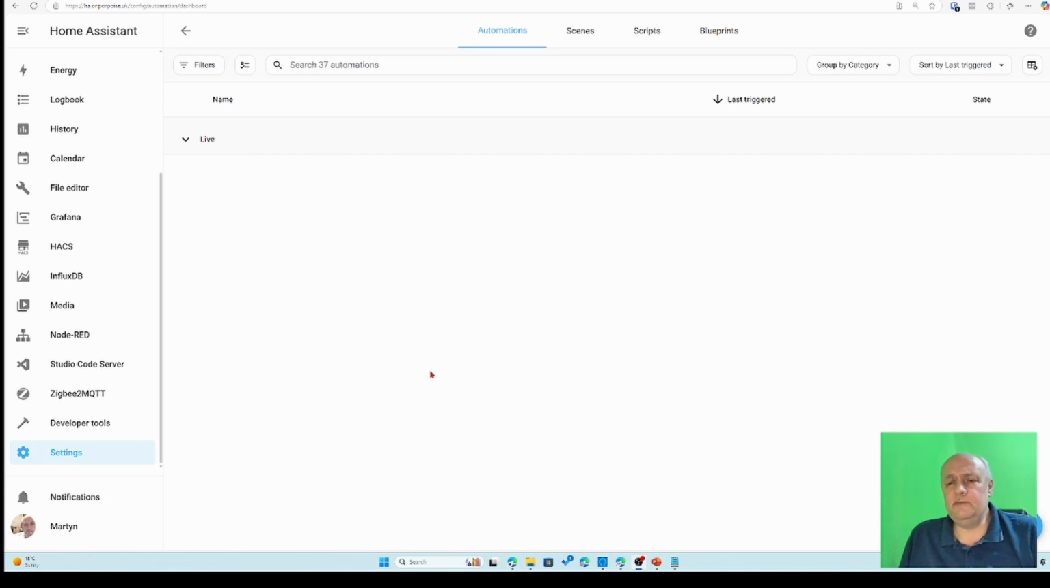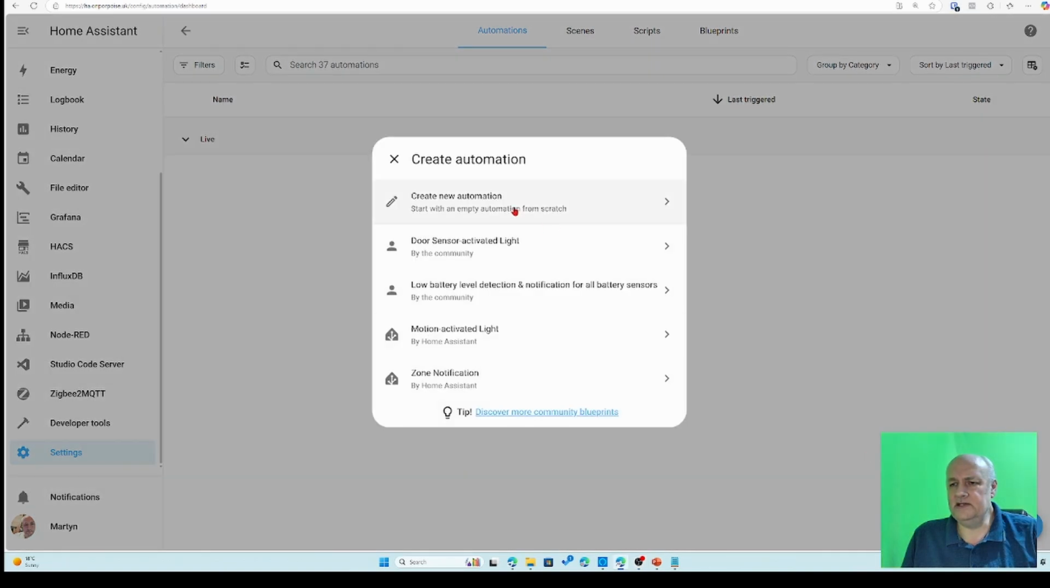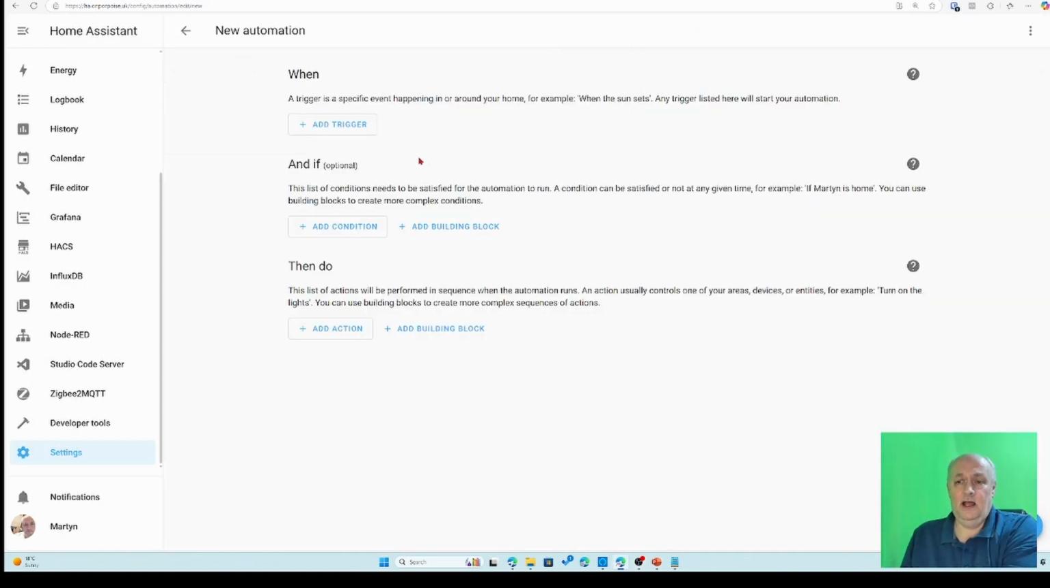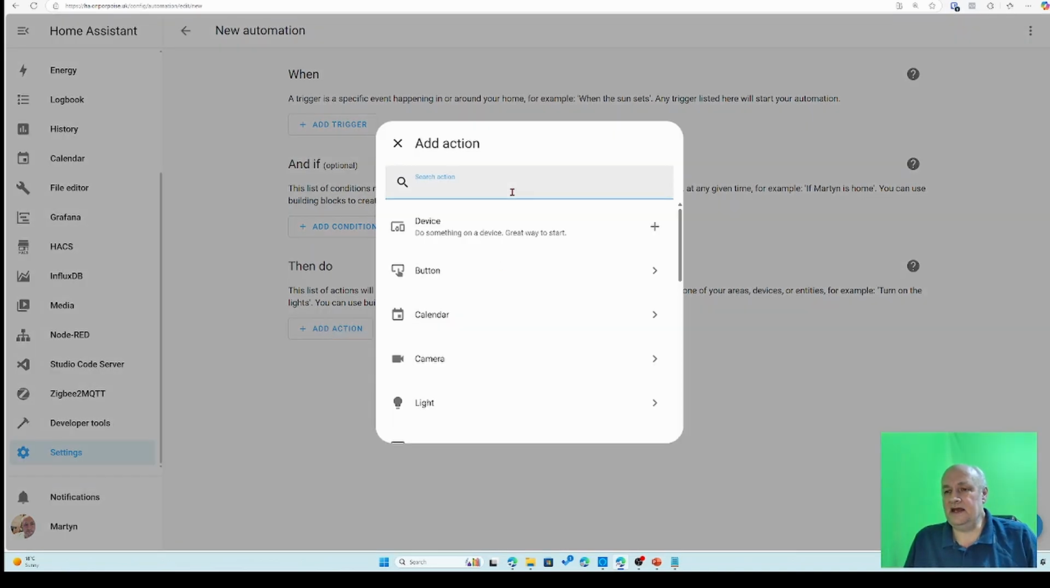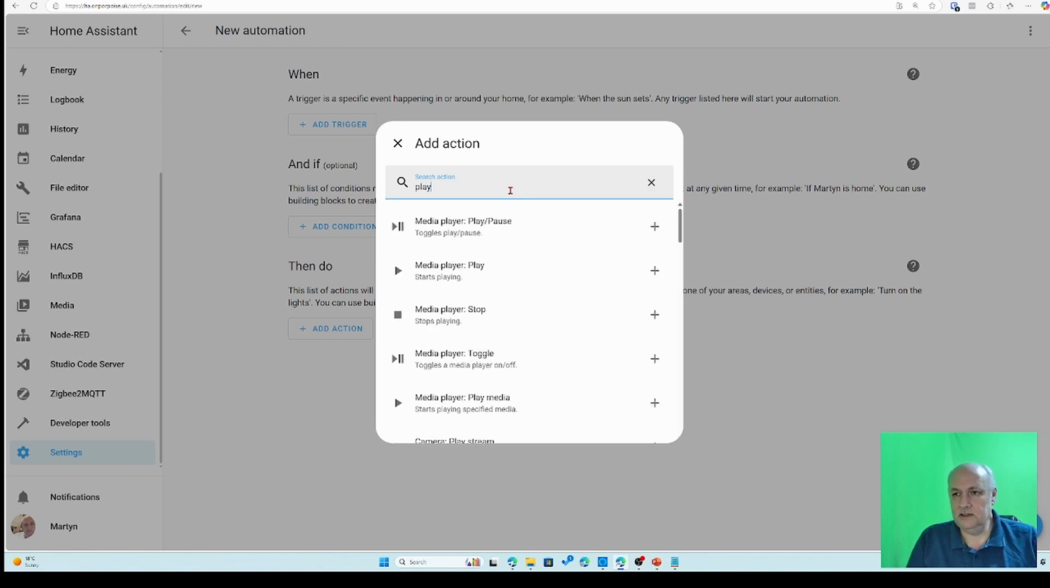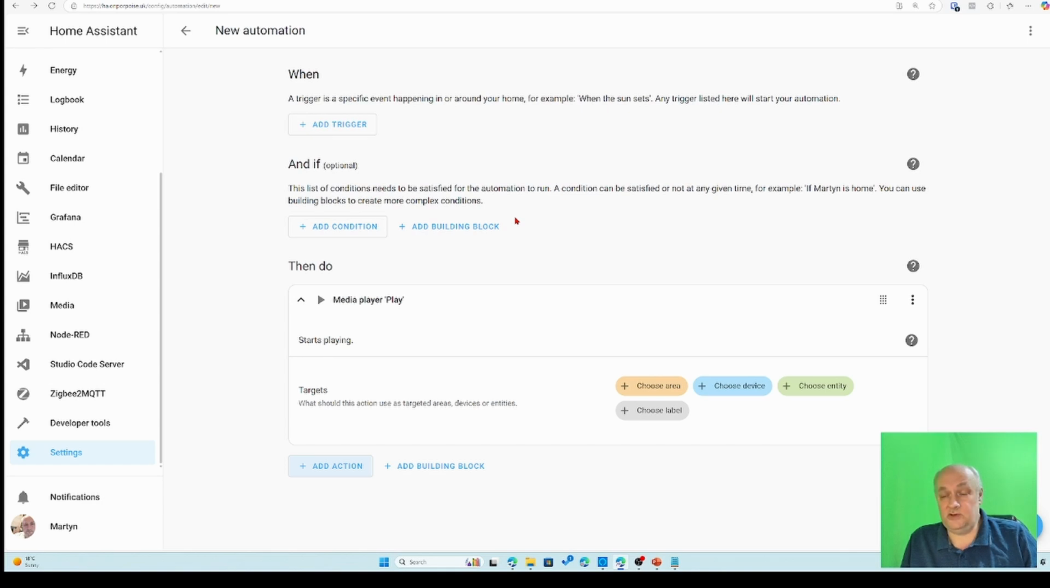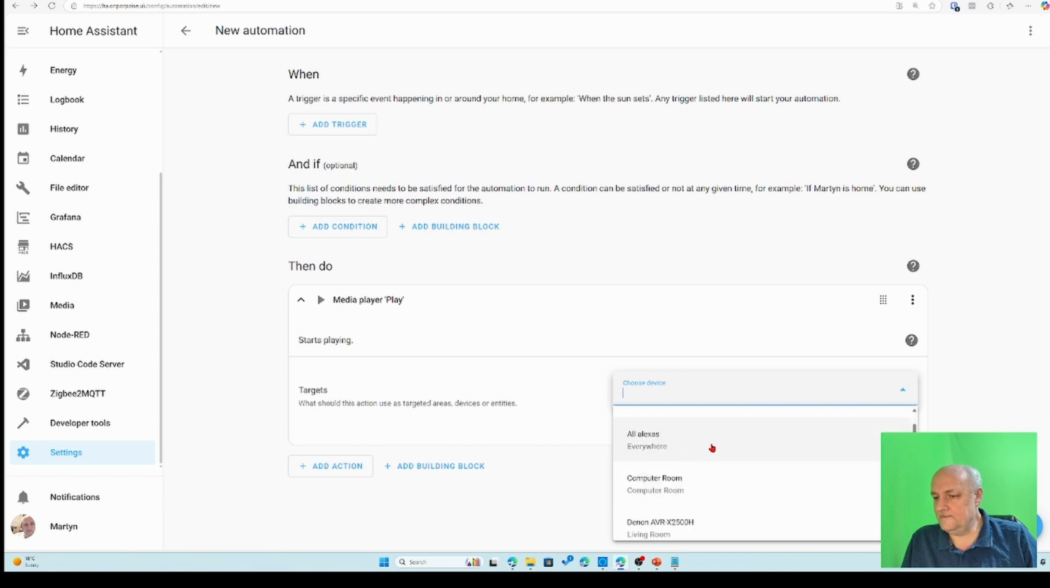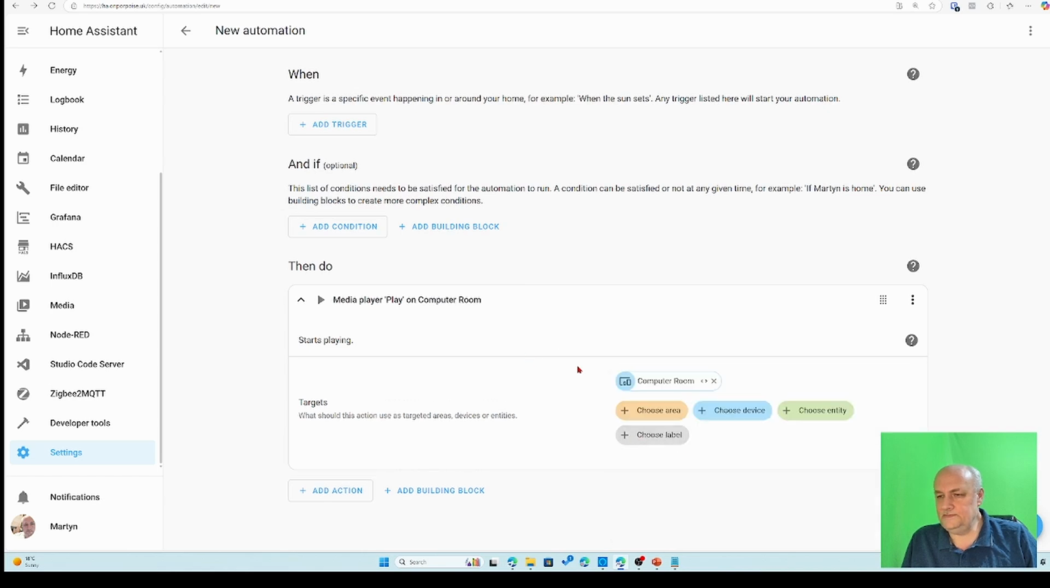So I'm going to have to use automations for this, much as I don't want to. So I've gone settings, automations and scenes, and then into automations. I'm going to create a new automation, and I'm not going to bother with the trigger for now. We'll come back to that. So we're going to add an action, and we are going to media play. We're going to play the dog's music to start off with, and it is going to be the computer room,